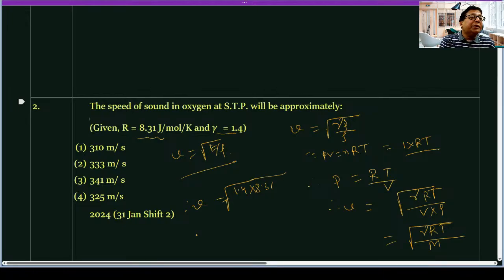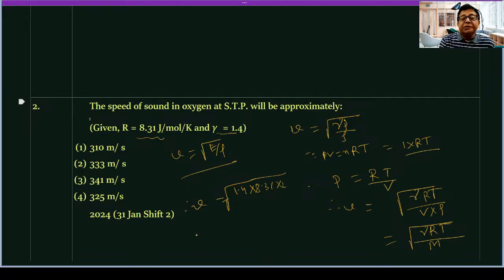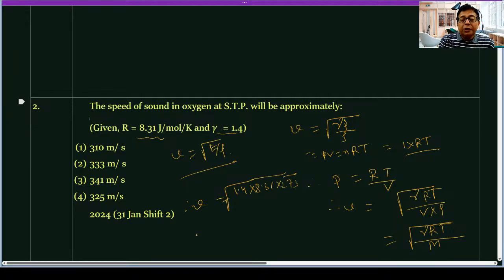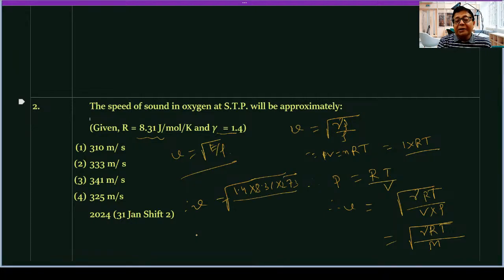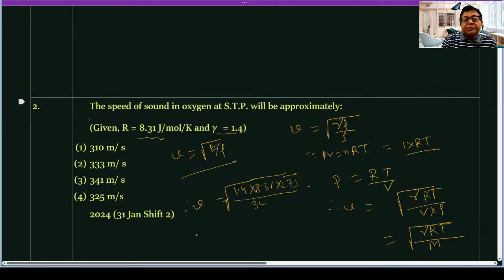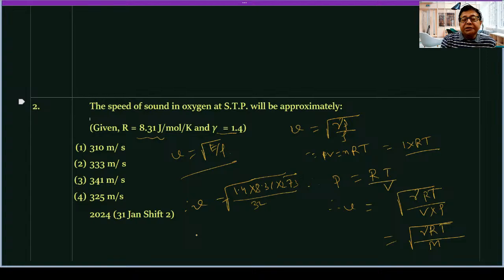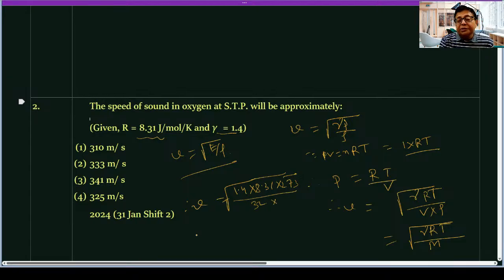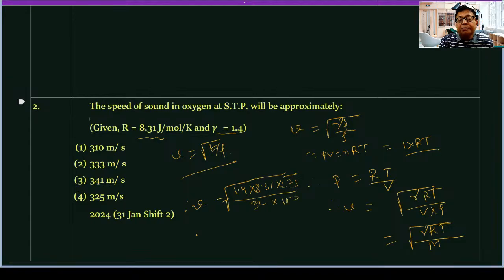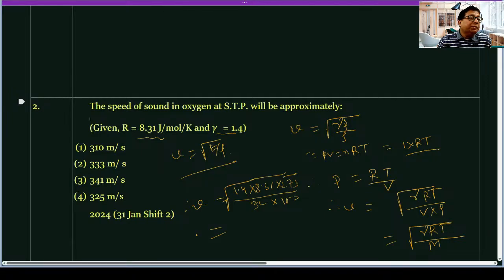(8.31) and T is what? Absolute temperature, that is 273 divided by M. What is mass here? Mass of oxygen molecule? In gram. Everything is in CGS, SI, and this one CGS, not possible. So 32 into the power minus. Alright? Just find its value using your calculator right now at this moment